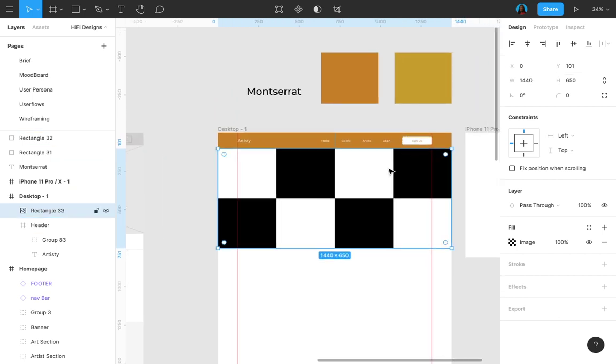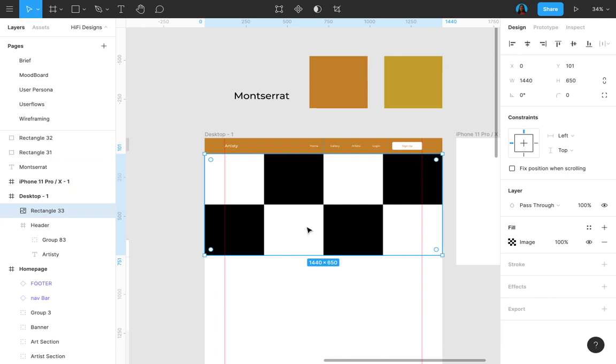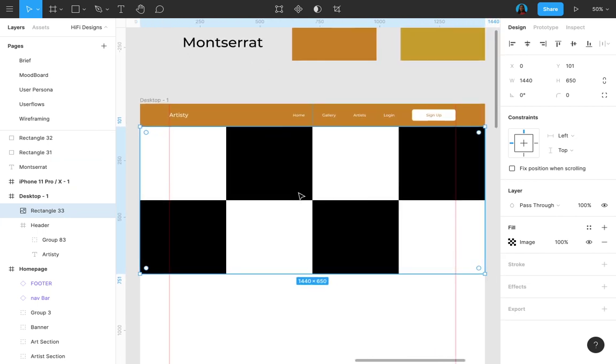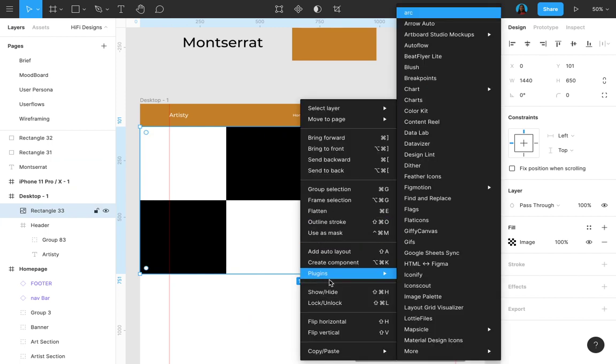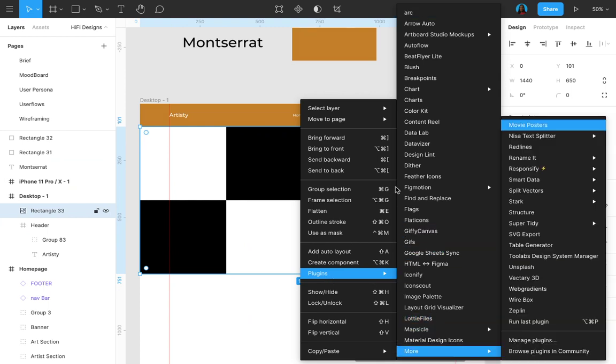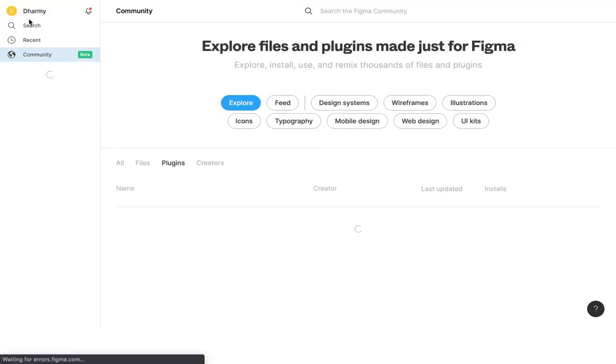When I said I want to use a plugin to bring in my image, that's called a Figma plugin, and that's what I want to use here. I'll just right click and choose plugins from the drop down. If you're just joining Figma, you probably don't have any plugins. All you have to do is go to more, then browse plugins in community, and search for